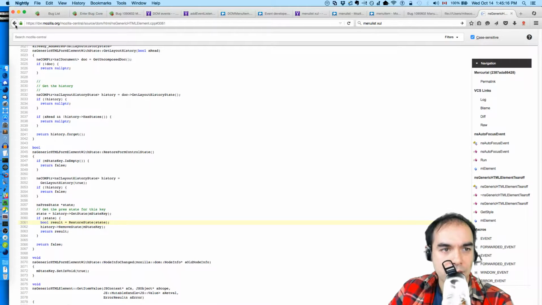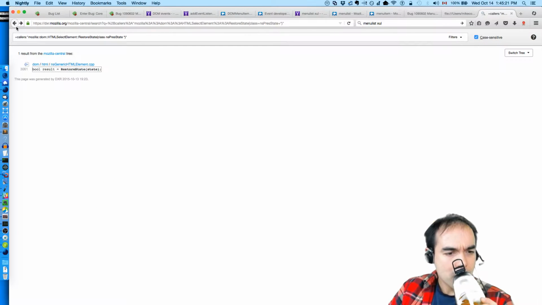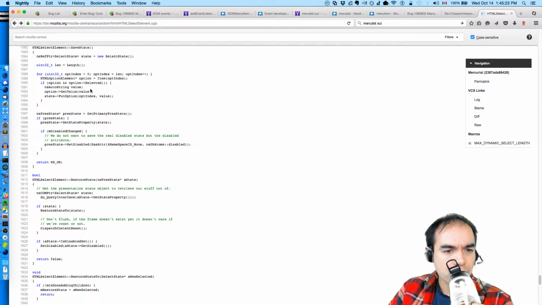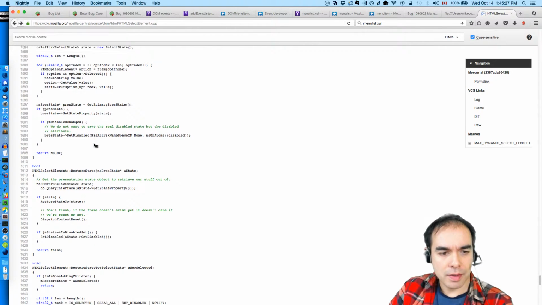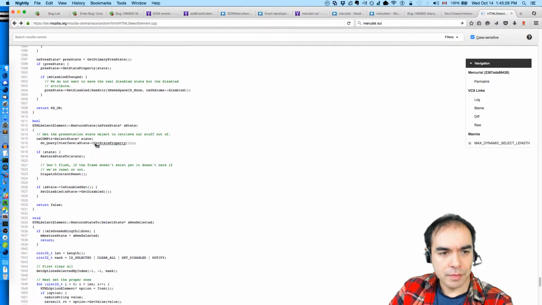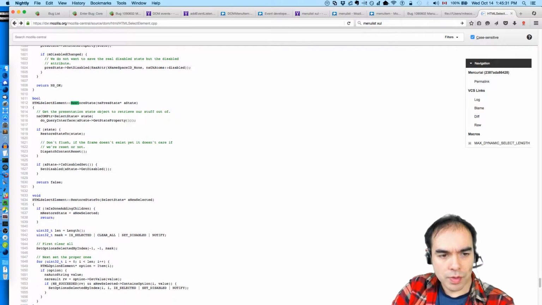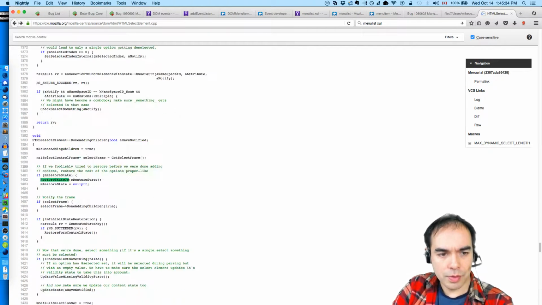Oh, that's like if, restoring a session or something. Alright. Presentation state, I understand. Okay. Restore state 2 is also called by done adding children.